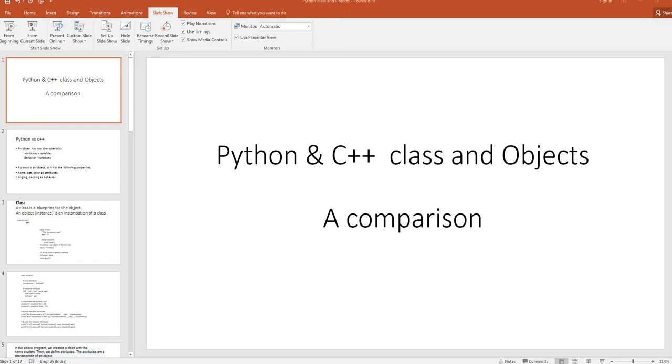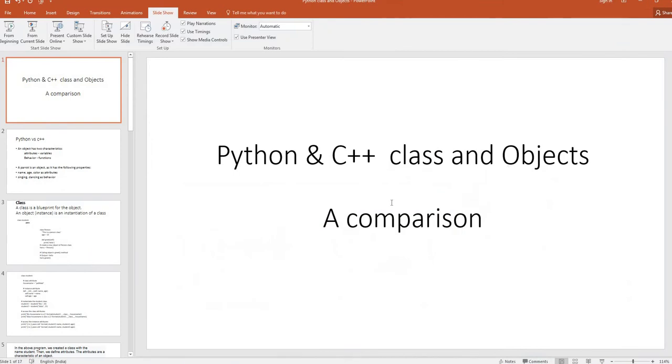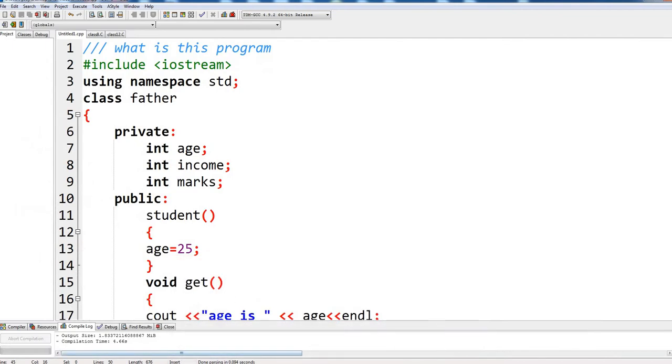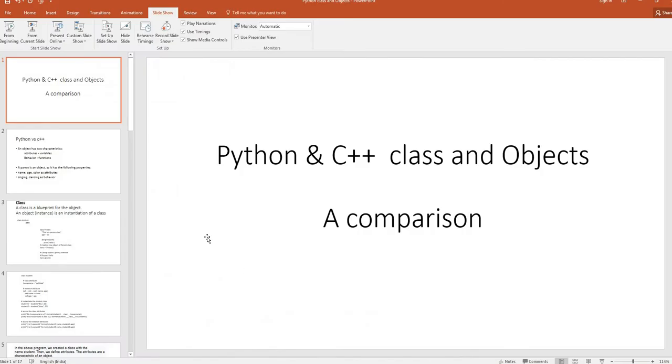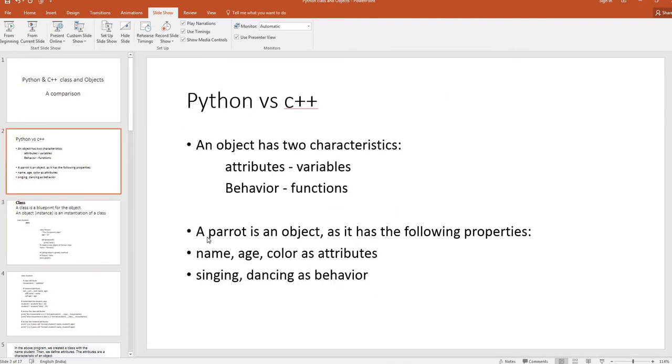This is going to be a quick video on comparing Python and C++ classes and objects. Now, in any Python program, how do you create a class? Let me just give an introduction. The difference between the Python